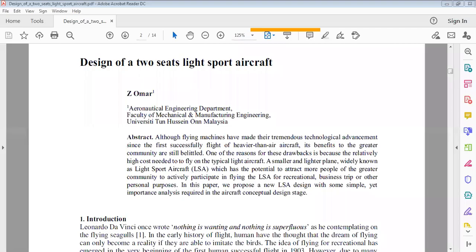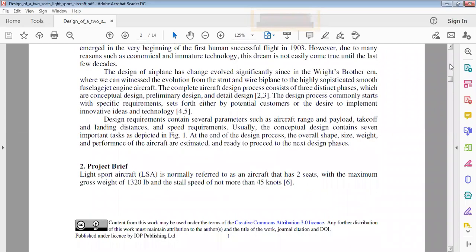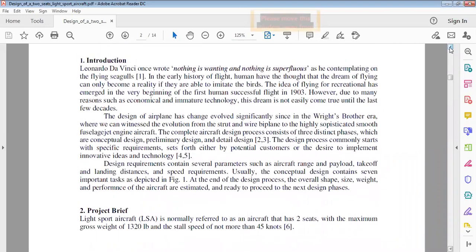So today let us discuss the design of a two-seat light sport aircraft. In the previous sections we have discussed all the processes involved in aircraft design, from an overview of the design process. Next we saw airfoil selection, wing geometry, thrust to weight ratio, wing loading, initial sizing, and special considerations, and we have a crew station, passenger, payload, aerodynamics, structures, flight mechanics, all the things we have discussed